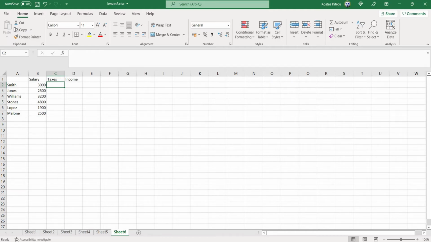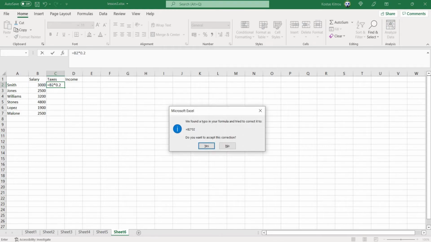So if I want to calculate the amount of money Mr. Smith pays for taxes, I click on cell C2, and I remind you that every time you want to make a simple calculation, you start with the equals symbol. So then I click on B2 cell, where is the monthly salary of Mr. Smith, and I will multiply that with 0.2 because the tax rate is 20%. So if I press the enter button,